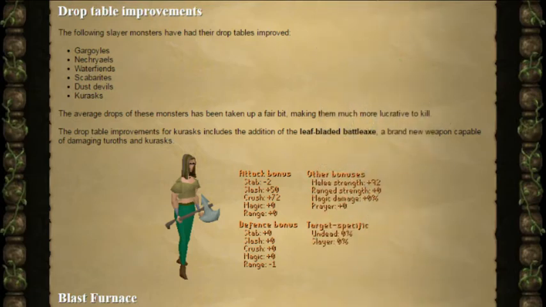Each of these monsters have got a lot better drop tables, and they're going to be a lot more lucrative to kill. However, like I said in my poll video, I just hope they haven't gone too overboard with that, because in the past the Old School RuneScape team have showed tendencies of saying, oh, we'll improve something, and making it completely overpowered. As well as those general drop table improvements, Krasks now have leaf-bladed battle axes on their drop